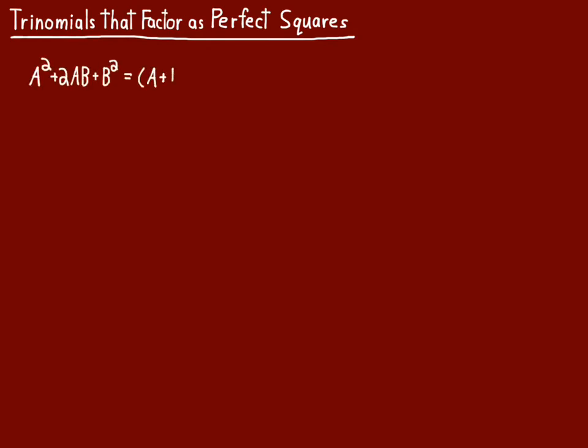factor. So it looks like this: a squared plus 2ab plus b squared equals a plus b squared. And then we have a similar one with subtracting. So subtracting in the middle term, right, and subtracting here. And all this is if you took a plus b squared and you multiplied it out, you get a squared plus twice the product of a and b plus b squared. Why twice the product of a and b? Well, because